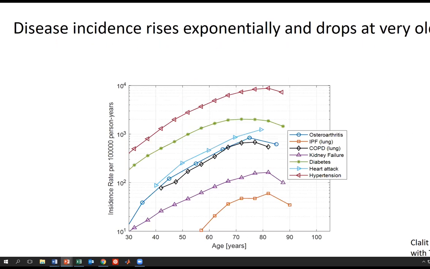And finally, I want to talk about how this might relate to disease incidence. If you look at different diseases and ask about incidence, that's like hazard: what's the probability of getting the disease at age 60, out of all the people who haven't gotten it yet and who are still alive? For many age-related diseases, you see an exponential rise and then a drop at very old ages. That's well known. You don't see that when you look at prevalence, the integral over this, but if you ask about hazard, you can see the drop at old ages. So how can we explain this?